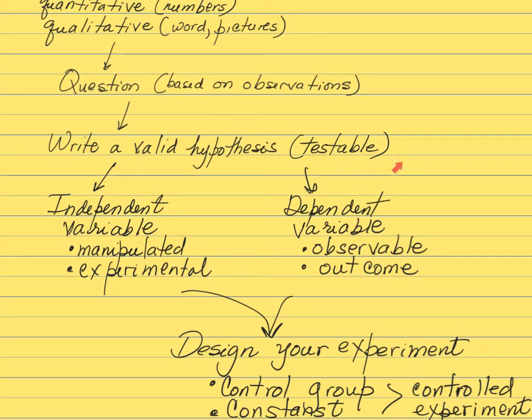Once you have your hypothesis, remember that you're going to use the format: if behavior of the independent variable, then behavior of the dependent variable, because, and then you're going to make an inference, and that inference is going to be based on what you know about the topic. But once you have all of that, you have the questions that you want to study, the hypothesis that you want to test, and you have identified the independent and the dependent variable,